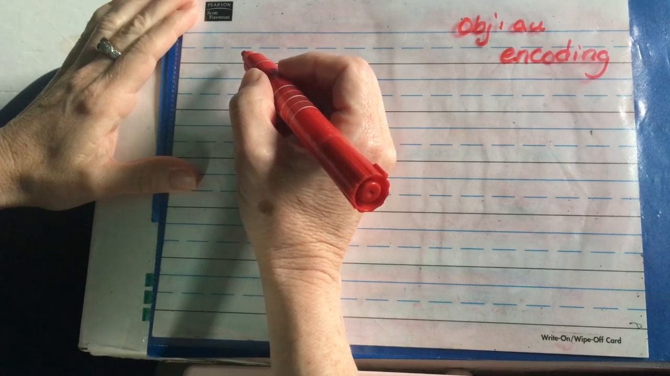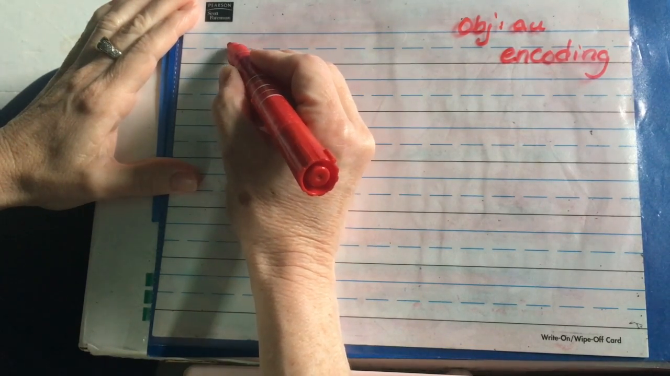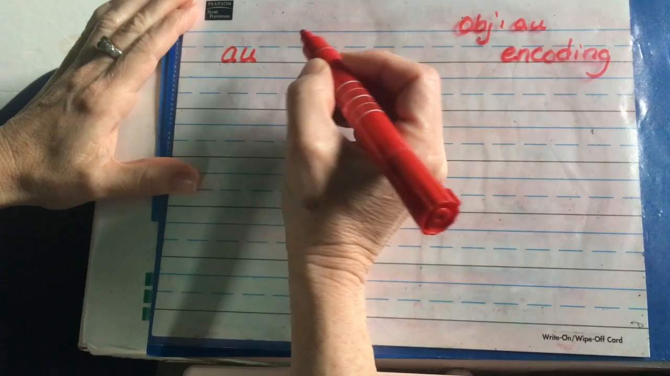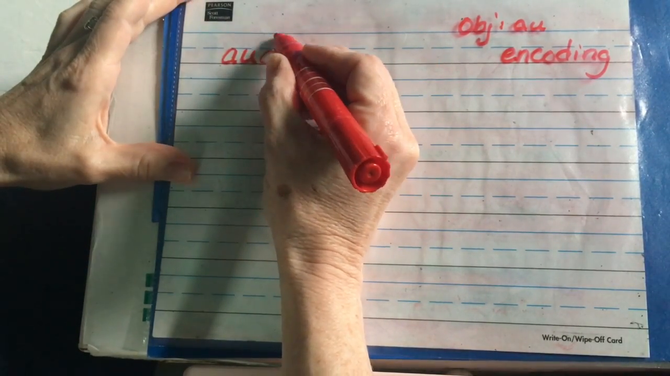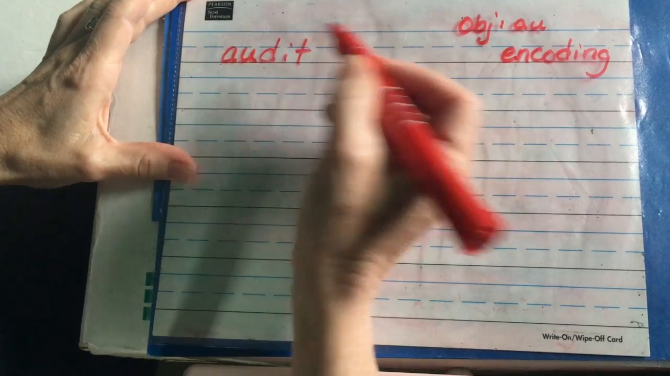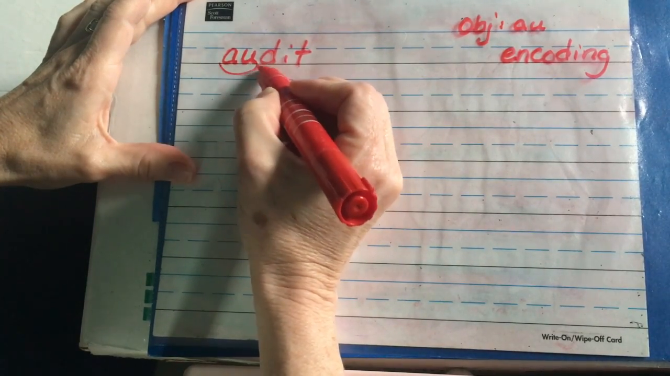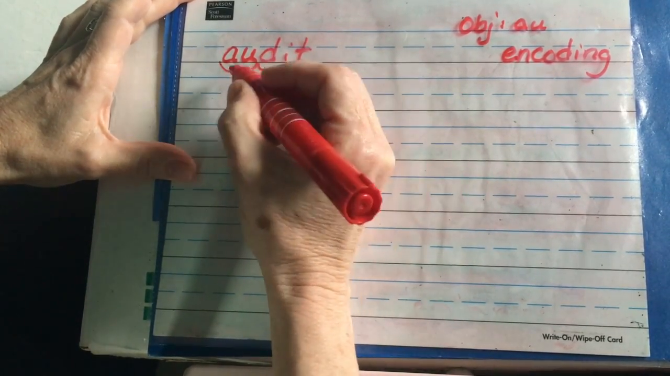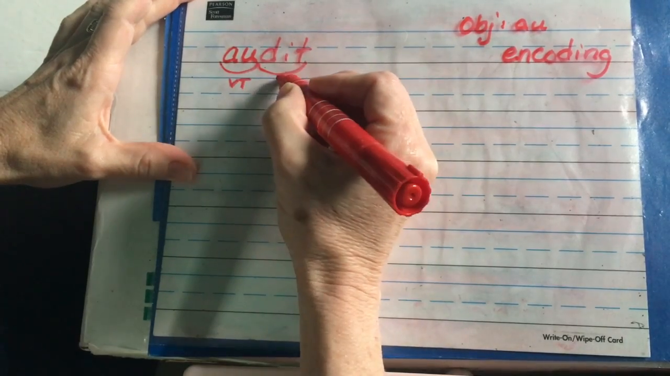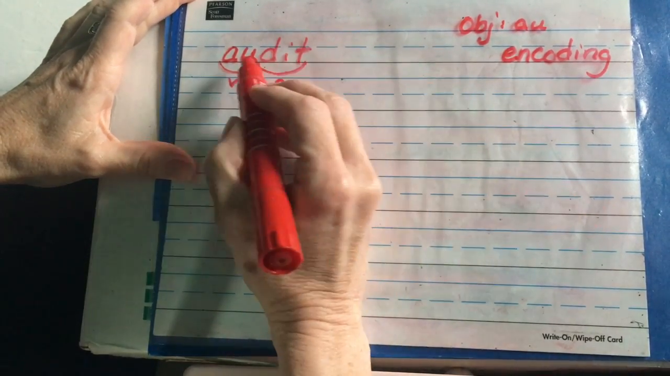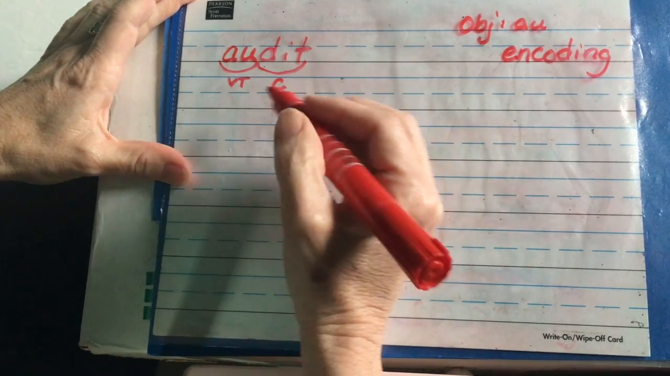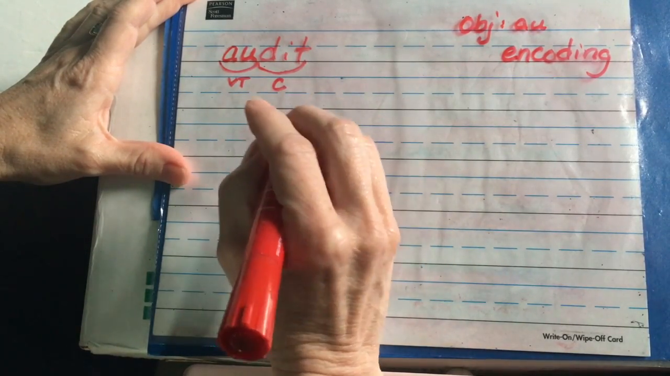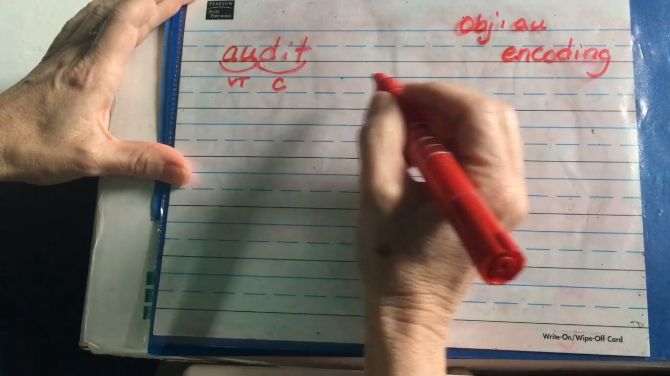So I always write by the syllable. So the first syllable is aw, that's AU. And then dit is d, it, d, it. And you can see audit. There's my two syllables. Here's my vowel team and my closed syllable. And notice that aw can begin a word. That's important. I'm going to show you one that has aw in the middle of a word, like the word